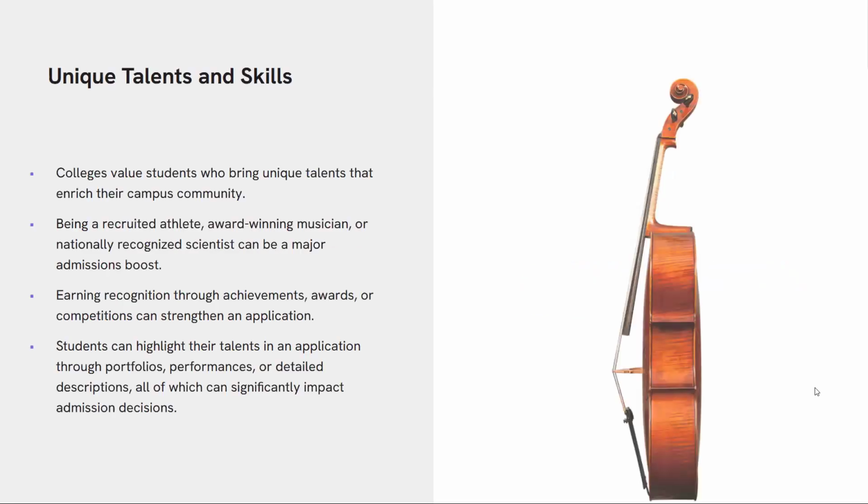Unique talents and skills. Colleges value students who bring unique talents that enrich their campus community. Being a recruited athlete, award-winning musician, or nationally recognized scientist can be a major admissions boost. Earning recognition through achievements, awards, or competitions can strengthen an application. Students can highlight their talents in an application through portfolios, performances, or detailed descriptions, all of which can significantly impact